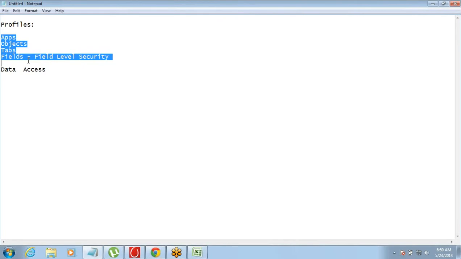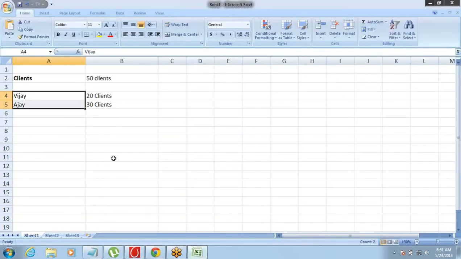So for that, what we do in Salesforce, there is this concept called sharing settings. What is sharing settings? Sharing settings is setup that we do for the sharing of records. Okay. So as I told you, Ajay owns 30 clients. So these 30 clients, who is the owner? Ajay. These 20 clients, who is the owner? Vijay, right? So whether Ajay will get to see Vijay's